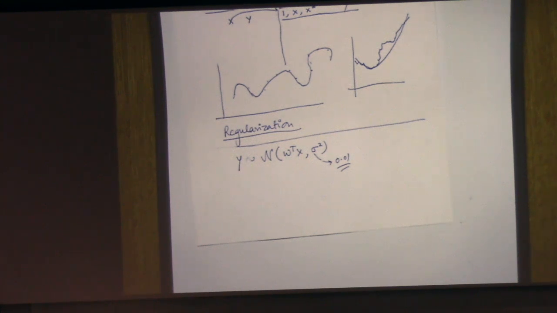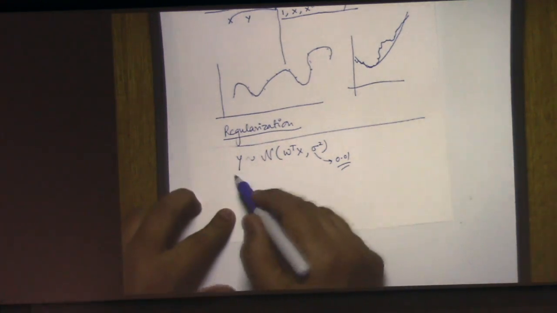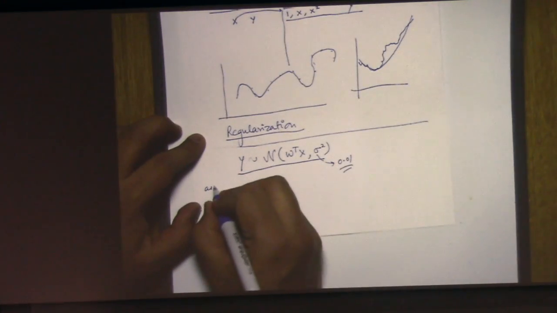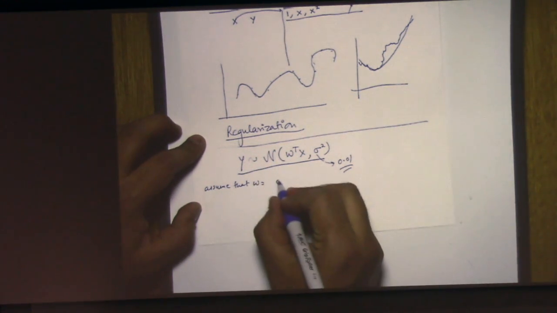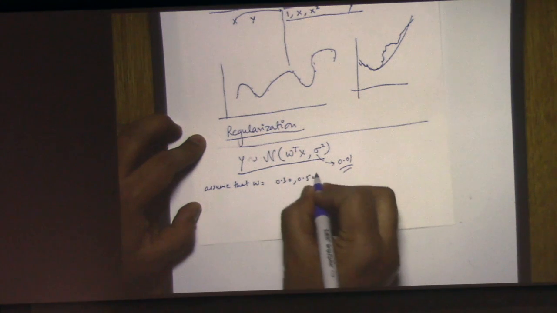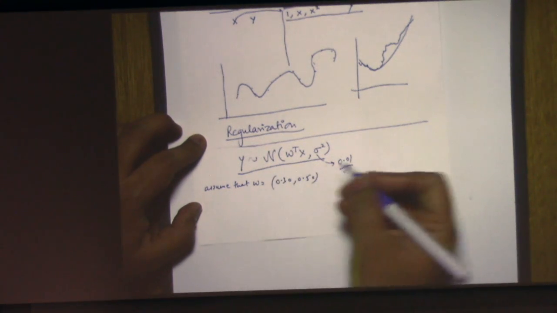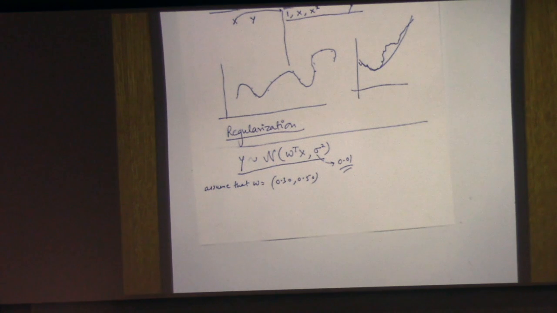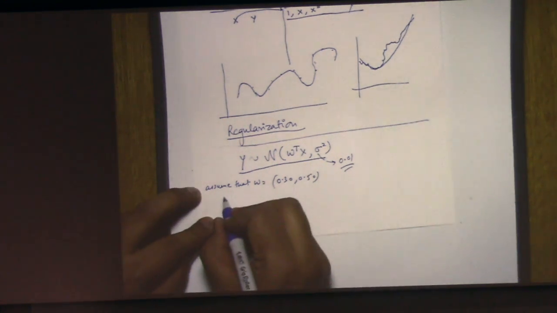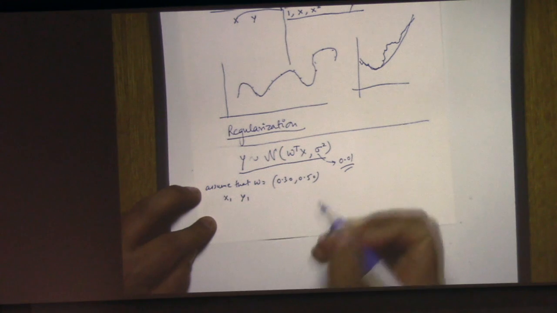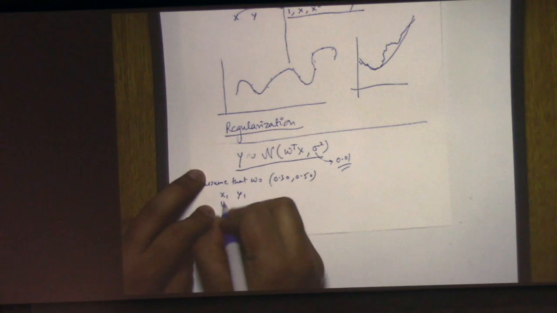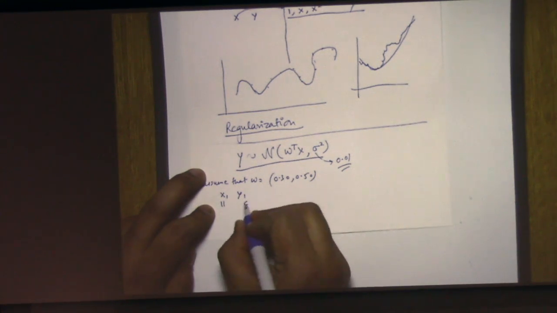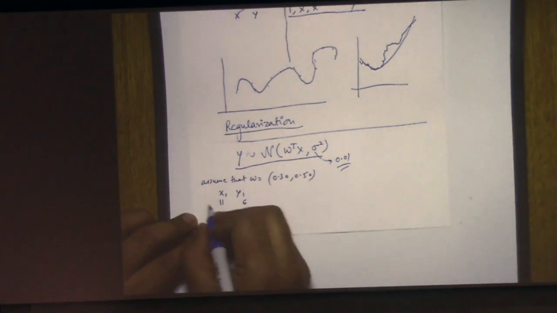Anyway, so what you do is, you're assuming this, right? So let's say assume that W is equal to one of the choices. So 0.3, 0.5. The reason there are 2 is one of them is for the intercept and one of them is for the actual x, right? So now what you can do is you take the first data point, x1, y1, right? x1 is 11 and y1 is 6, okay? And then you append the intercept here. This is the intercept,